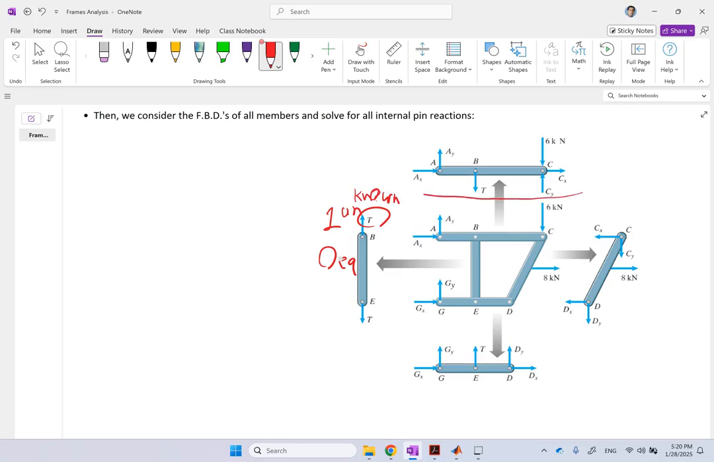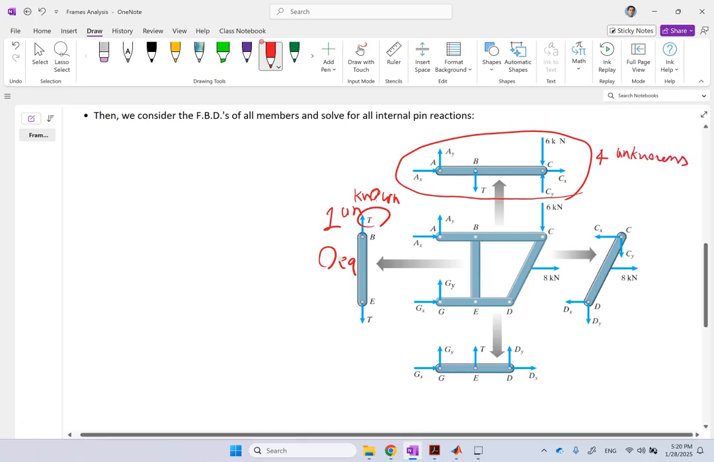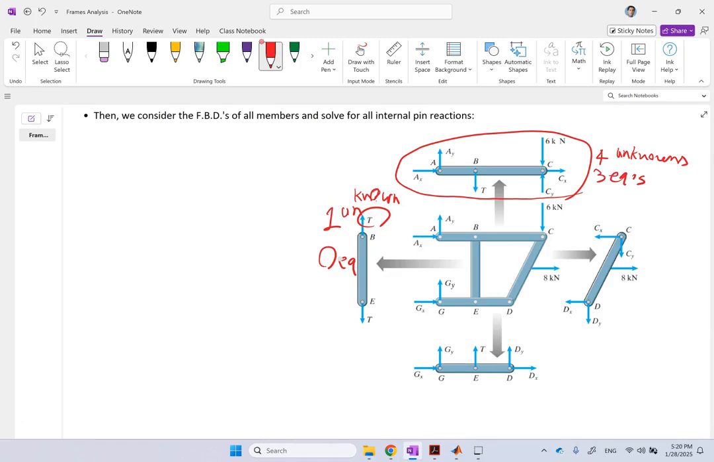How about this? This one has 5 unknowns. T is already considered, so T is not another unknown. So this guy has 4 unknowns. How many equations do you have? Well, some Fx, some Fy, and some moment. So it has 3 equations. That's good. Now, if you look at this one